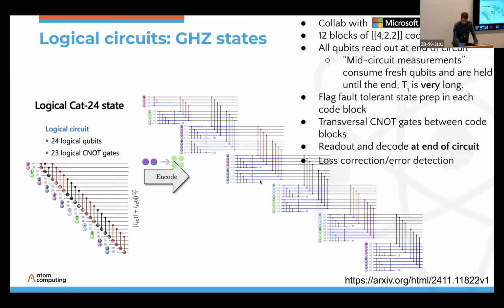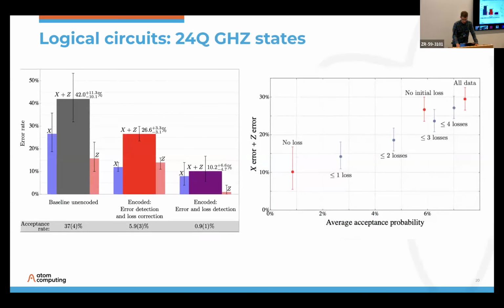There are some details here. If you're paying attention, you might see these extra little qubits there. These are flag qubits that will let you know when a state preparation error happened at the logical level. So you can throw away those data, do some post-selection. There's a little bit going on here, but